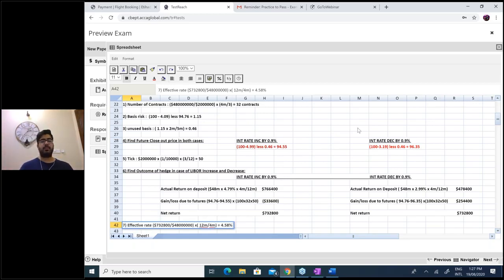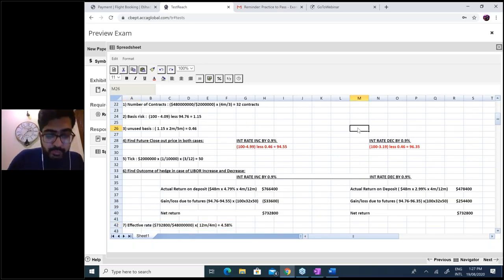This is the principal presentation of futures in front of your screen. If you have any questions, please ask, especially on the gain or loss due to futures. Buy now, sell later. In the first case, buy for higher, sell for lower, it's a loss, which reduces the return. In the second case, buy now, sell for higher later, it's a gain. Any questions, please? There's no time to complete options today. However, we'll do options in the next session and then move towards the next issue.